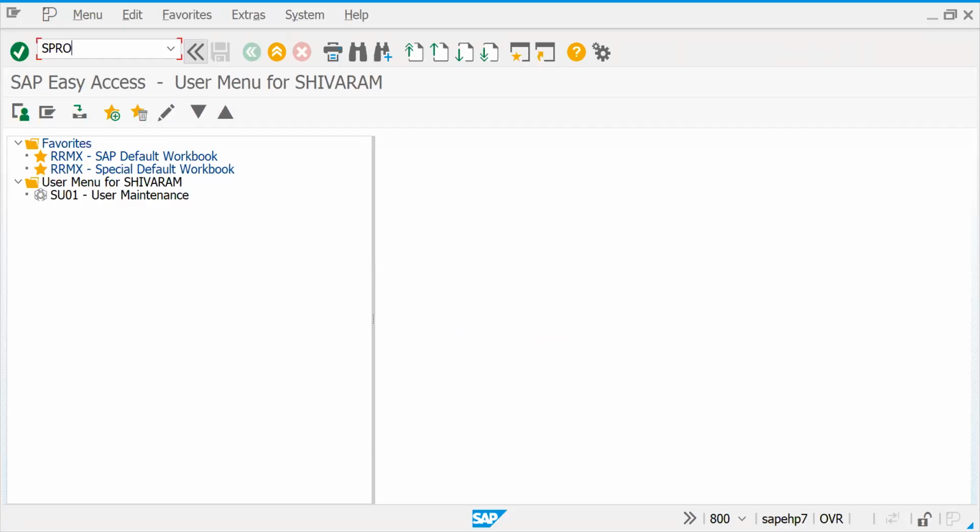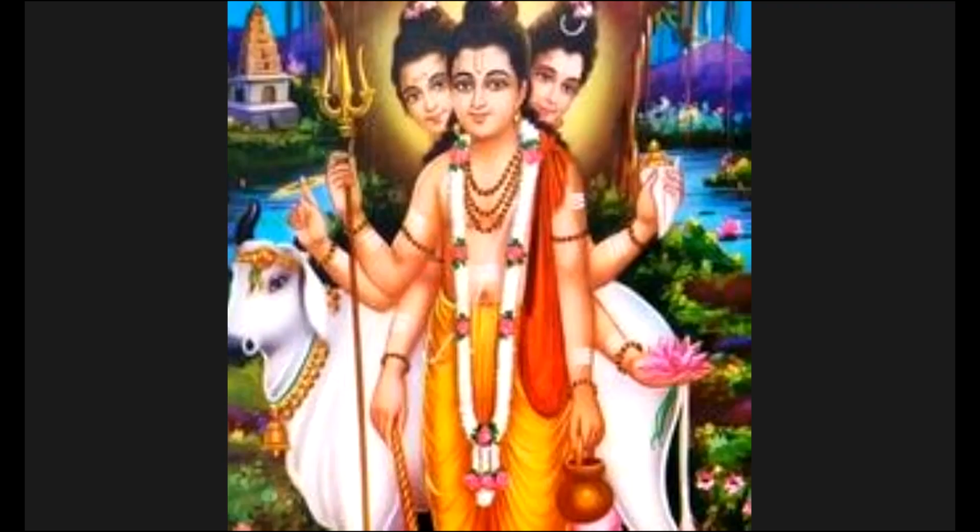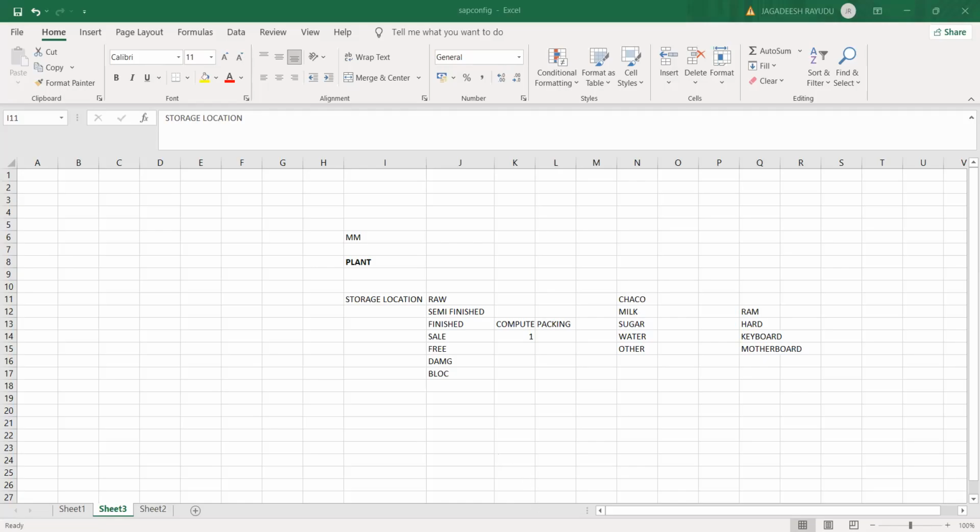Let's go to the implementation guide, SPRO. Oh, the session timed out. Let me try to log into my SAP system. I'm sharing my SAP screen.